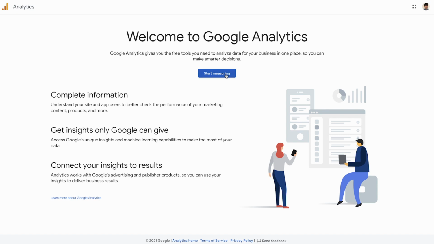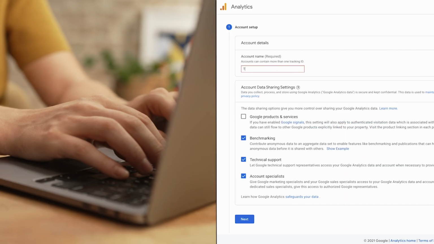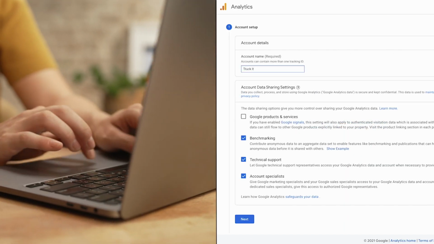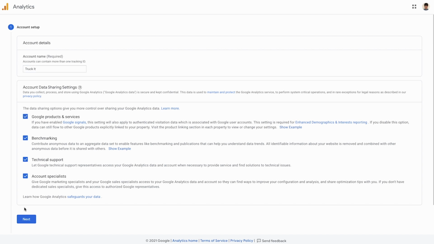With Google Analytics, you can get an even deeper understanding of how readers get to your site, what they do while they're there, and where they go afterwards. Essentially, you could see the path to and from your site when readers search online. It's pretty cool. To set up Google Analytics, I'll need to create an account for my site and specify my data sharing settings. So I'm going to go ahead and do that right now.